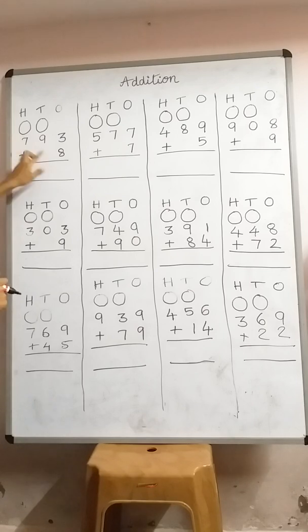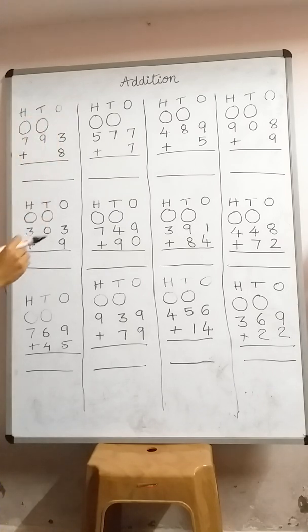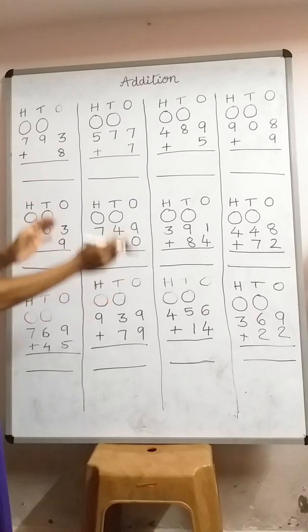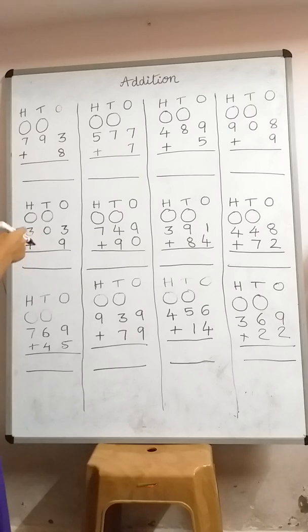Addition of a 3-digit number with a 1-digit number. So here let's see the ones place. We have number 3 and number 8 at the ones place. So as you have learned, first we should add the ones place, then we should move to the tens place, and next we should come to the hundreds place. So as you know this rule, let us start. Draw 3 lines, draw 8 lines.